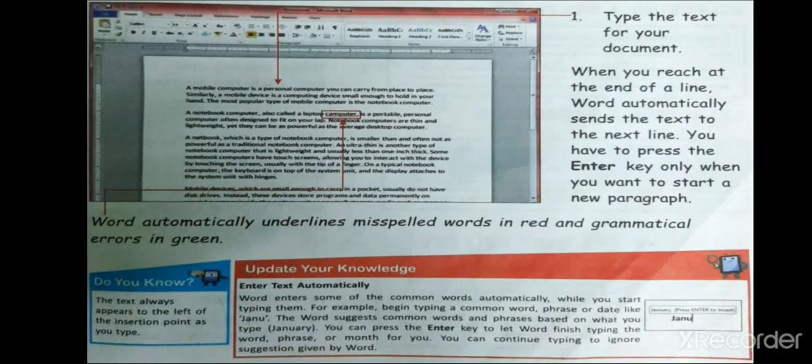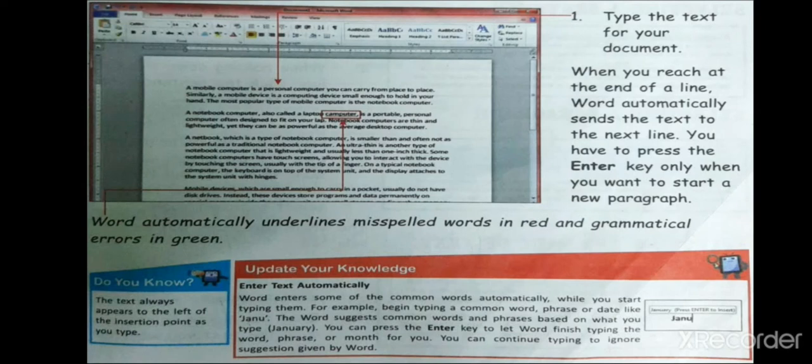Update your knowledge. Enter text automatically. Now Word enters some of the common words automatically when you start typing them. Now when we start typing some commonly used words, Word will automatically enter them. For example, begin typing a common word, phrase or date like Janu. Word suggests common words or phrases based on what you type.